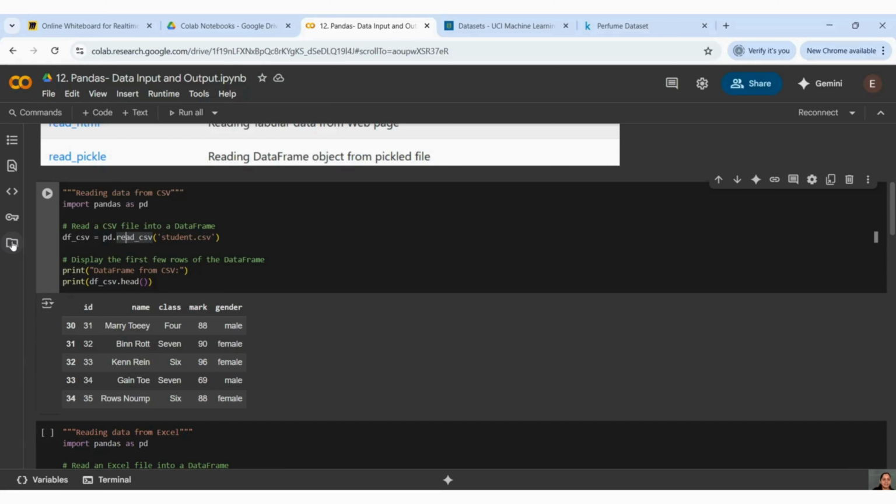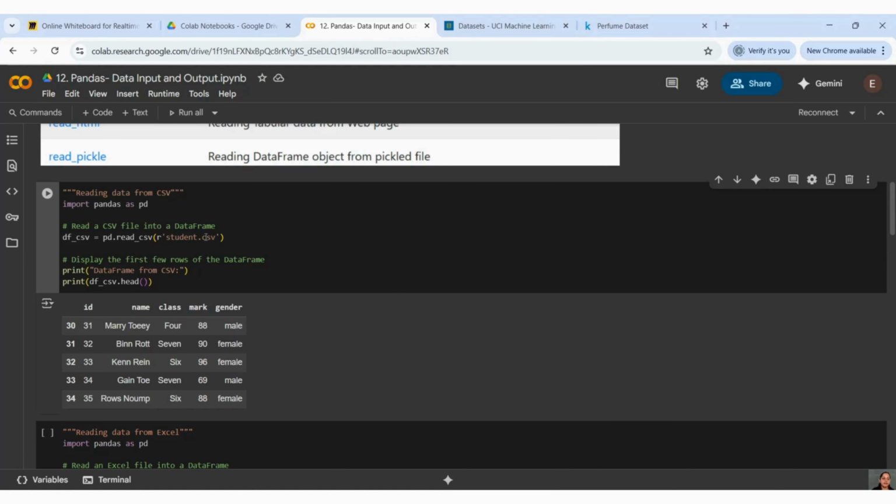Guys, I have already shown you how to directly read the CSV, and most of the time we prefer this. There is another way, where you give r and then the absolute path. Absolute path means the complete path from where that file is present. But I have seen in most scenarios it is not working. I have faced that situation.